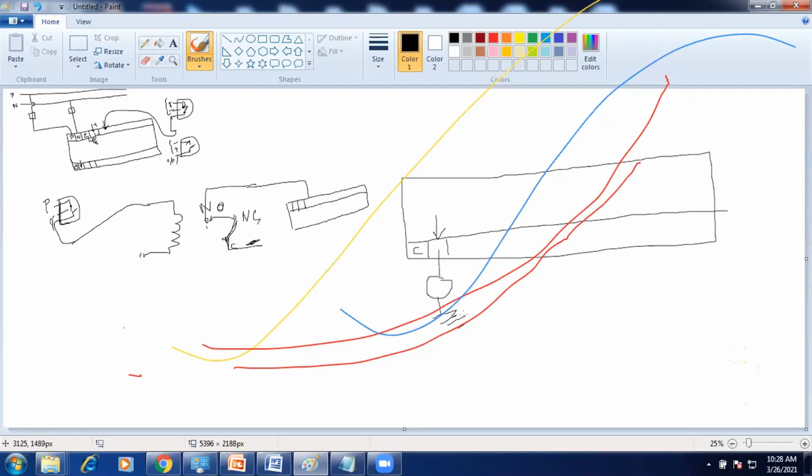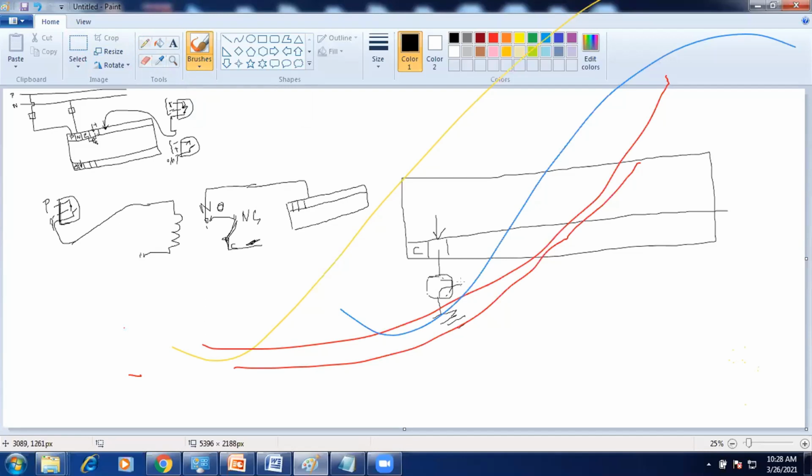If it is more than 24 volt, how can we connect here? I cannot directly connect the motors.